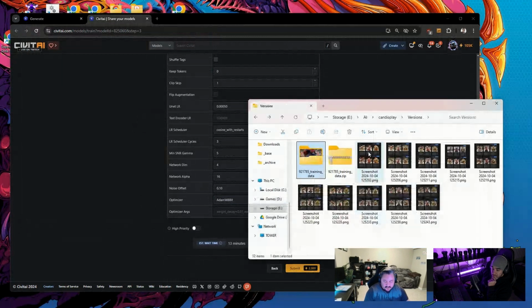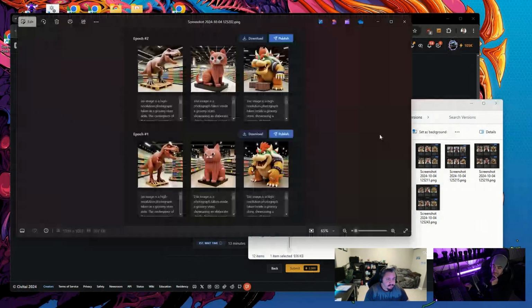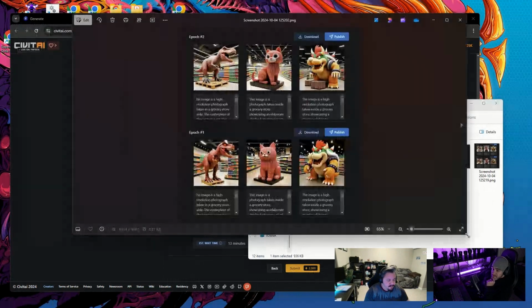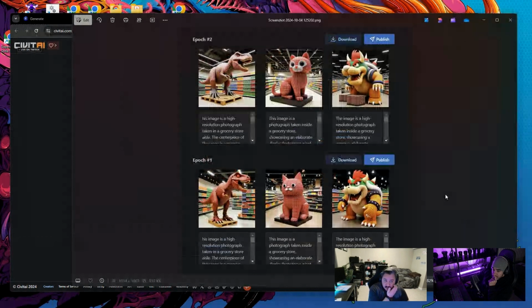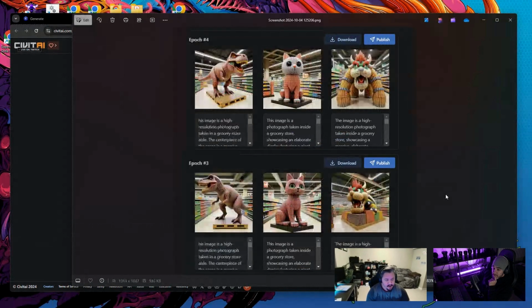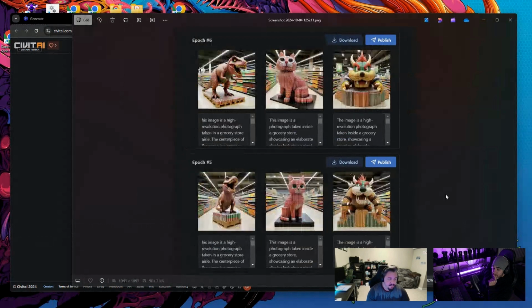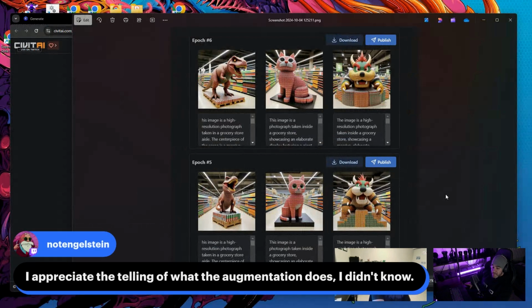So for this one, I did already send it to training. I use the same prompts in the training, so I can see each one come through. You see, even from Epoch 1, it started getting the concept together. So 3 and 4, starting to get a little cleaner, although Bowser's starting to get more of a nose. And 5 and 6, Bowser's definitely got a black nose now. But you can see the structures are starting to look more like proper cans.